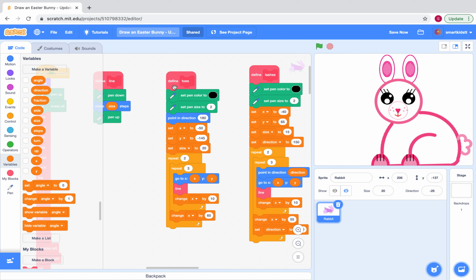So for toes, my size is 20. So this is what 20 steps look like. For the lashes, it's 15, right? So they were a little shorter at 15. Now, you're seeing some other variables there. Great. So what are those about? Okay, so let's go. Now, what I did, if you look at toes, I could have set